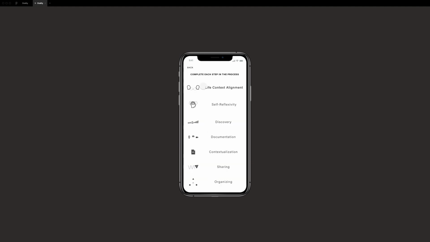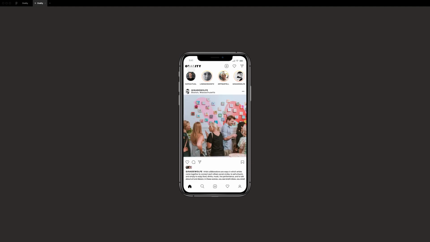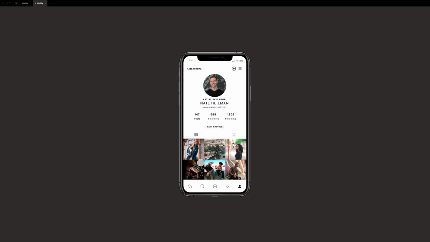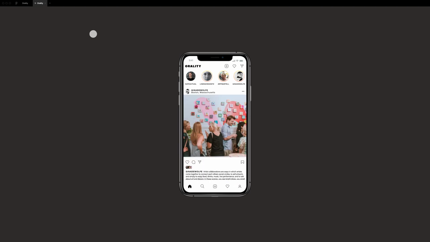We can start a new research narrative. So maybe Nate wants to research another community, do more research within the community. Okay, great. Maybe he doesn't like the photos. And we can go back to his profile again to change anything that we need. So this is Orality, an ethnographic tool for social research, specifically for ethnographic research,